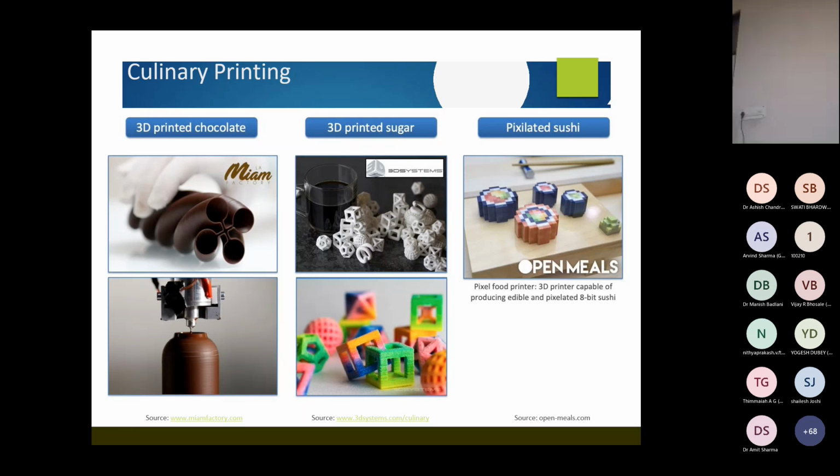Now culinary printing: 3D printed chocolate, see, chocolate 3D printed sugar cubes, pixelated sushi. So culinary printing is also possible with this.